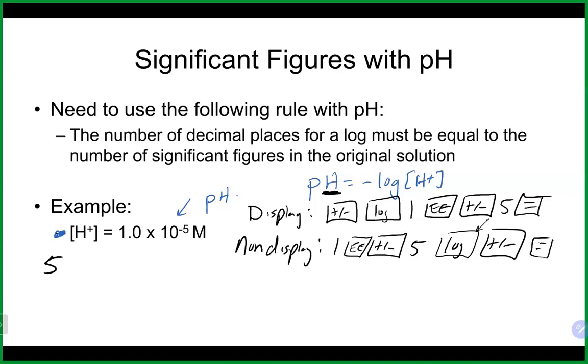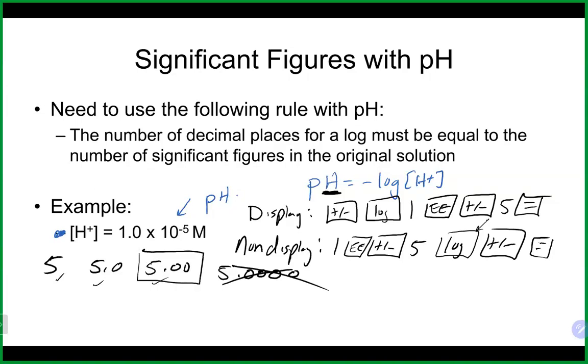All right, let's talk about how we should report this answer. That's going to be a 5. We want to report 5.0, 5.00, 5.0000. That feels like a lot of zeros, so I'm just going to get rid of that one. Which way should we report this? This should end up being a pH of, sig fig wise,